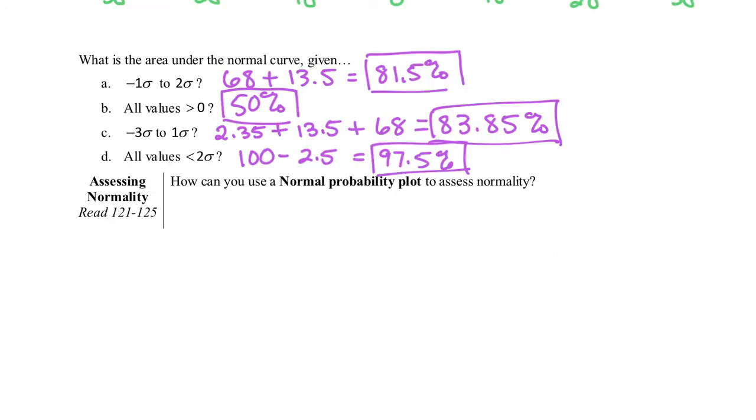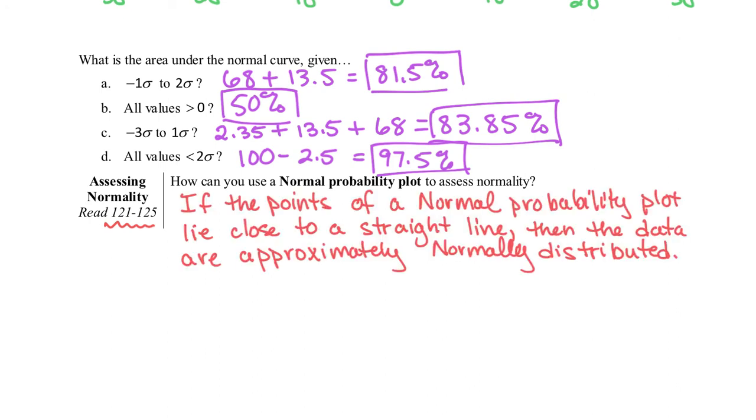And finally, how can you use a normal probability plot? I'm actually going to show you some normal probability plots in class, but I would highly suggest looking through these pages in your textbook so you can see what they look like. But basically, they're just used to tell whether your data actually is normal or has a normal approximation. If the points of a normal probability plot lie close to a straight line, then the data are approximately normally